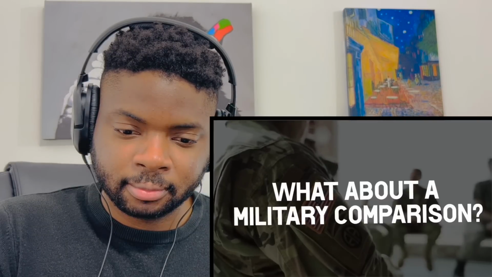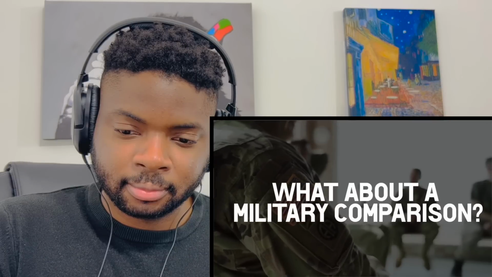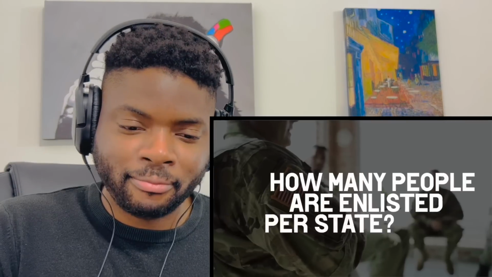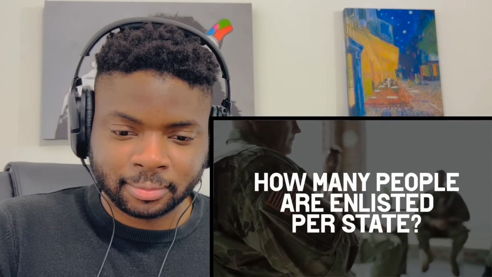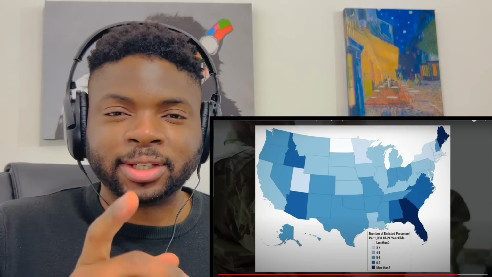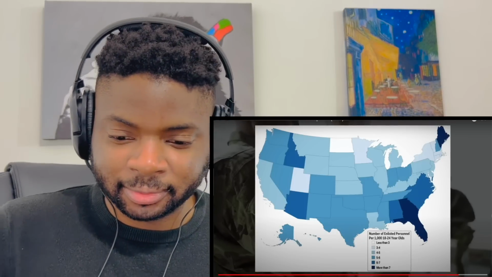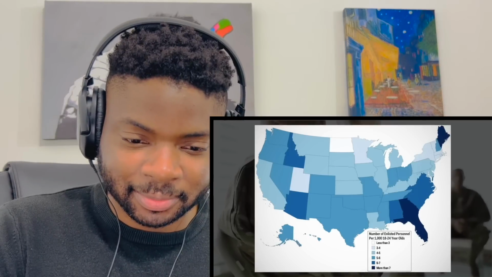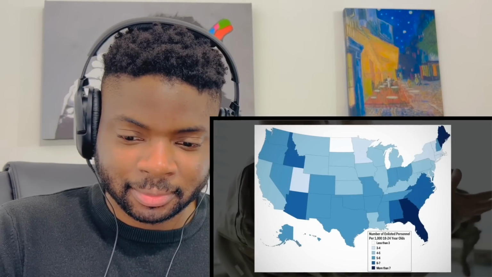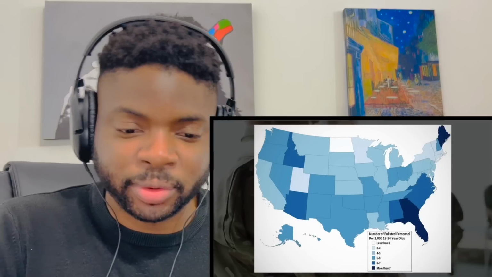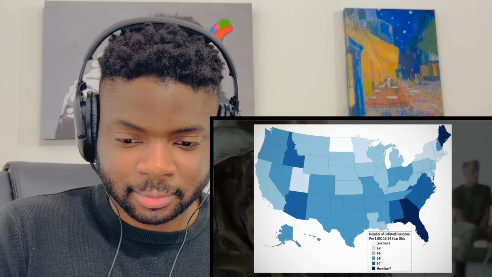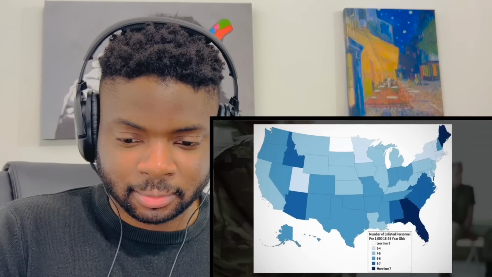In this type of video, we usually compare army sizes. Obviously, we can't do that here. With regions of the same country, they have the same army. But we can look at how many people are enlisted per state in this map. I reckon the East Coast is going to have more people. That becomes evident. The East Coast clearly has more enlisted personnel than the West, which makes sense because they have more population. A lot of these maps end up showing us the whole of the US states, but I try to focus on the comparison between the ones on the two coasts, since that's what this video is about.